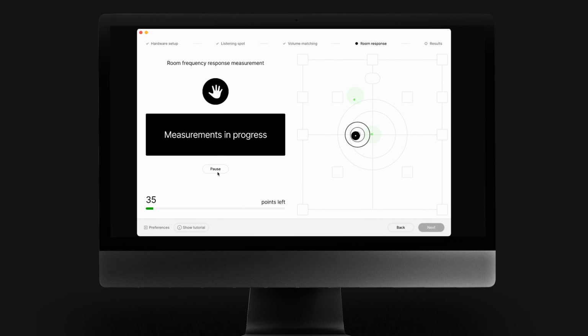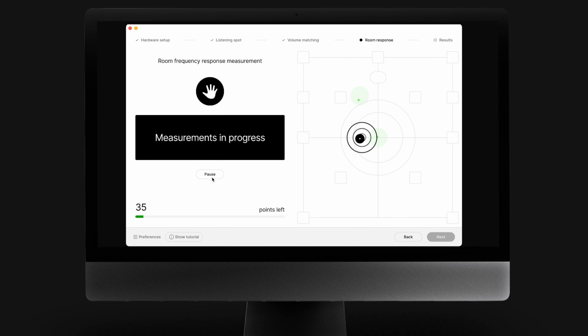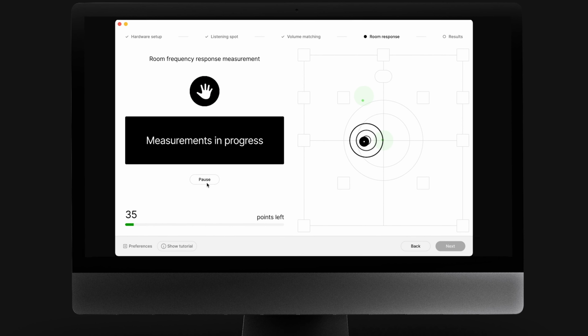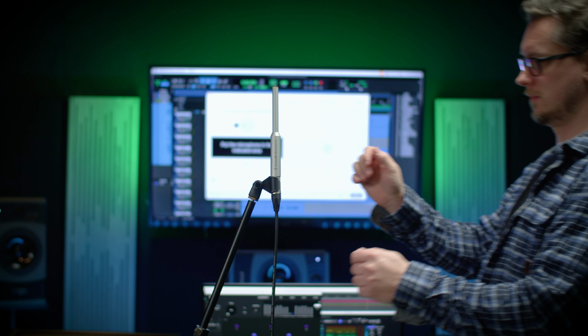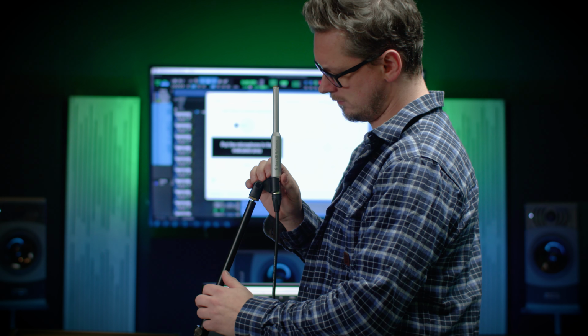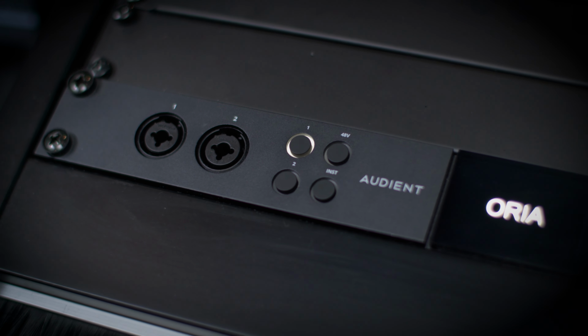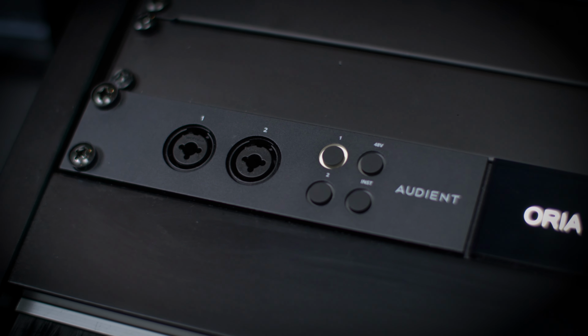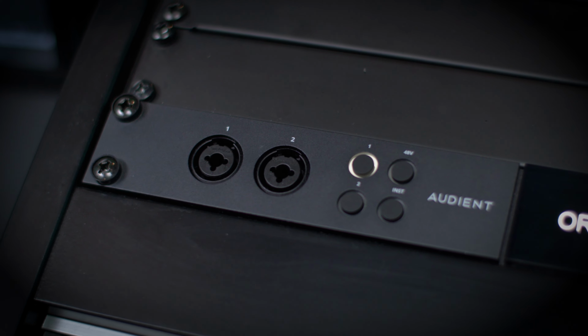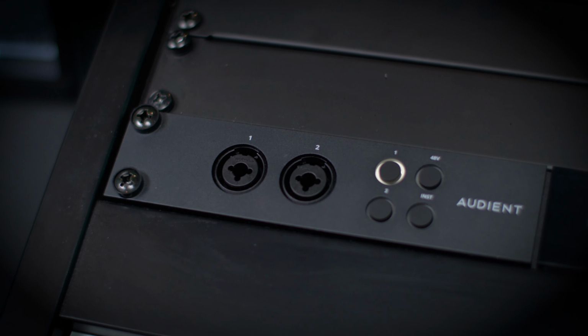Once this preparation is complete, it's time to fire up the Sound ID Reference Measure app. Make sure the measurement microphone is plugged in on a sturdy microphone stand and phantom power is engaged. If using Auria as a USB audio interface, we recommend using input 1 on the front panel of Auria. If using Auria as a standalone monitor controller, make sure the Sound ID reference measurement microphone is connected to the system via a microphone preamp with as little coloration as possible.